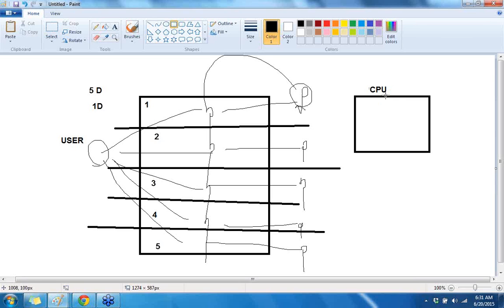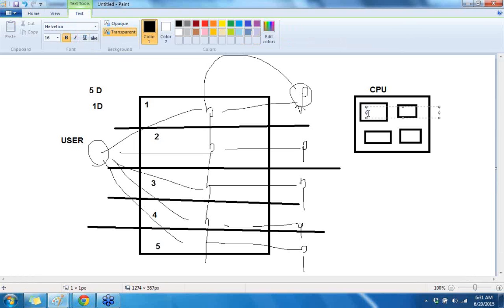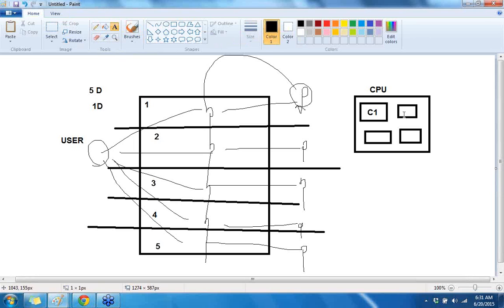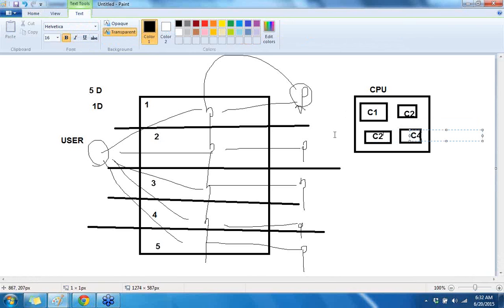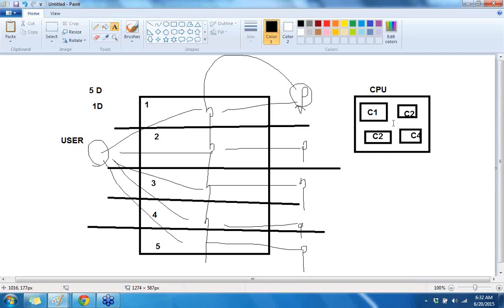A core is nothing but a CPU inside a CPU. So core 1, core 2, core 3 and core 4. Let's say this is a quad core CPU. In a quad core CPU, each core can process